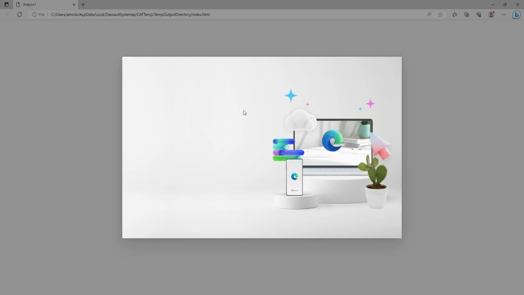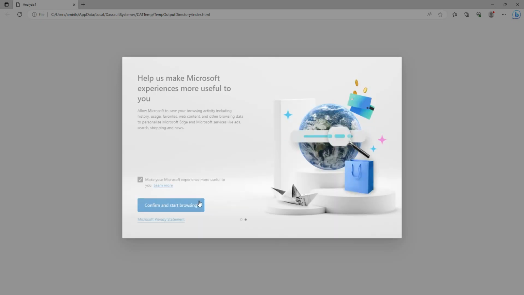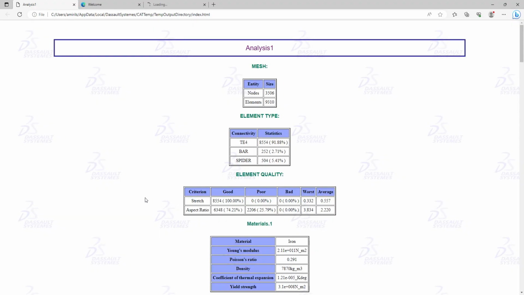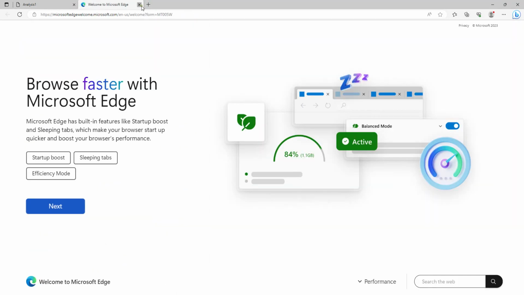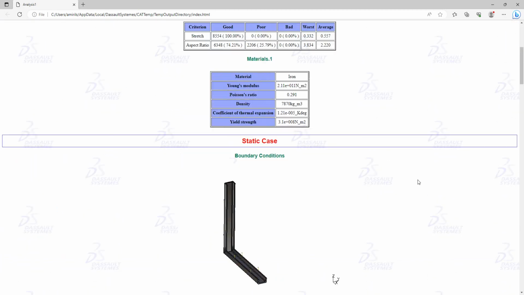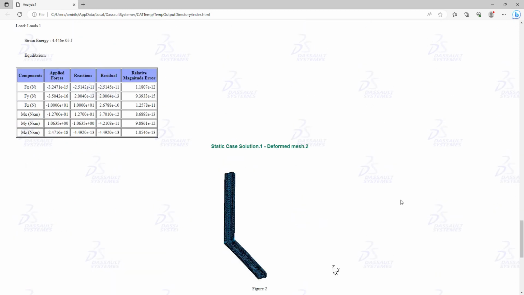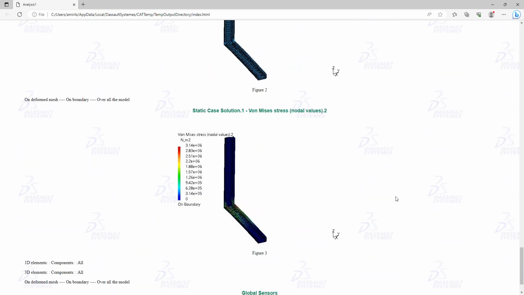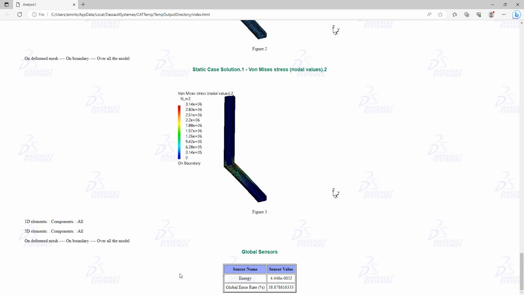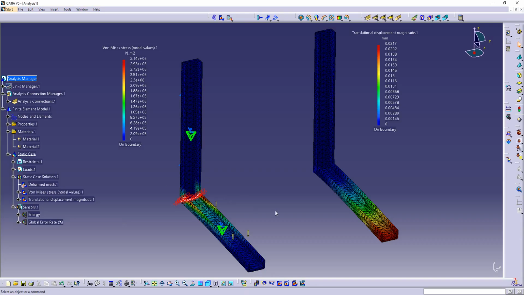Okay, so I choose the Edge as my browser, and when I scroll down, I can see the data collected in your CATIA. Okay, so